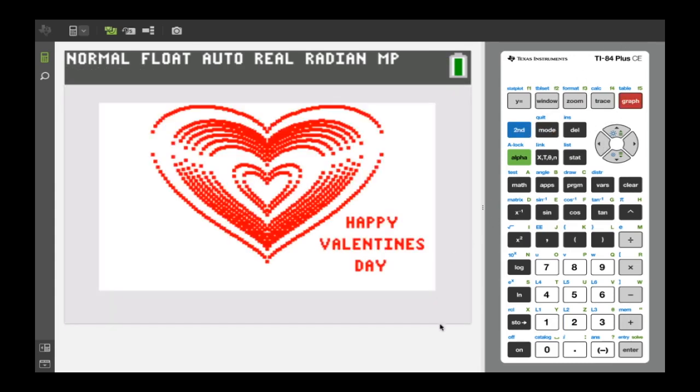Perfect. So here we have it. This here is our Happy Valentine's Day tutorial where we're showing how to use the heart equation and create something cool on your